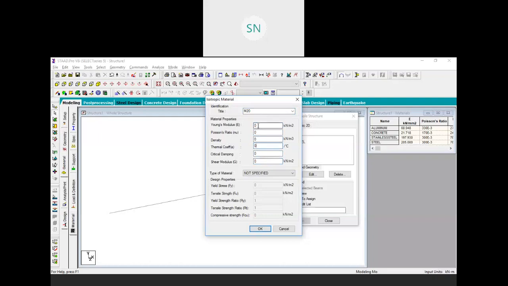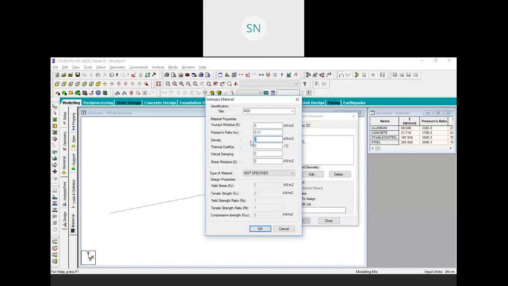We just want 3 values over here: Young's modulus, Poisson's ratio, and density. Poisson's ratio for the concrete material is 0.17, that you all know, right? So we enter 0.17. Density, that we need to measure, right? So mass per volume, right?